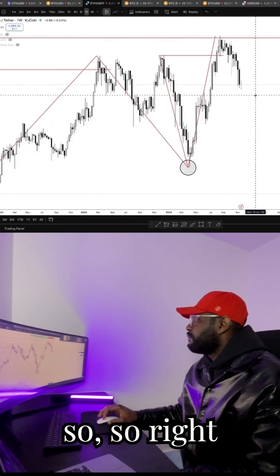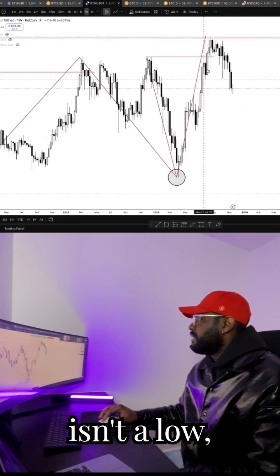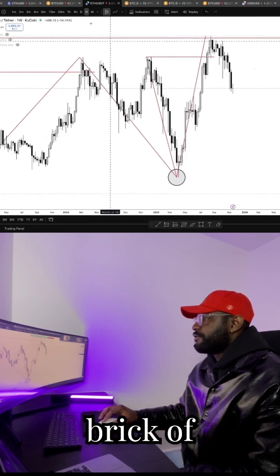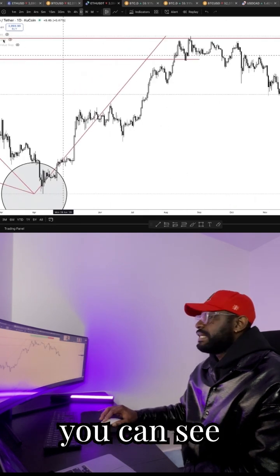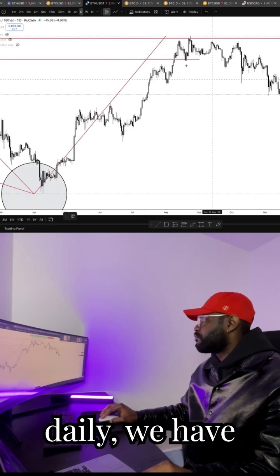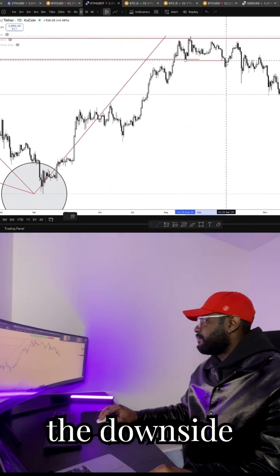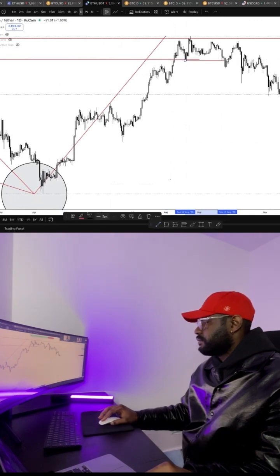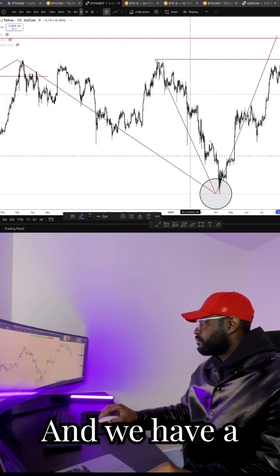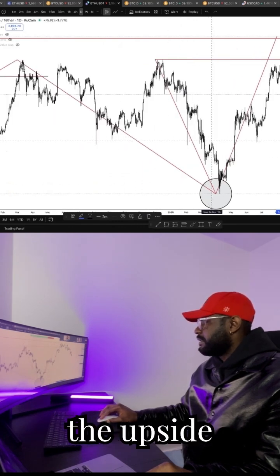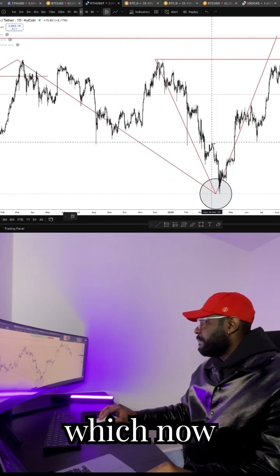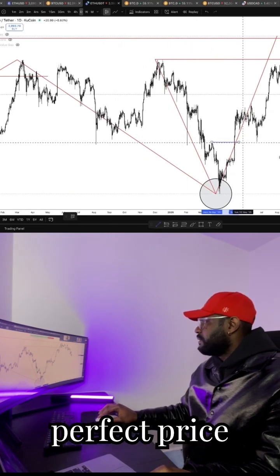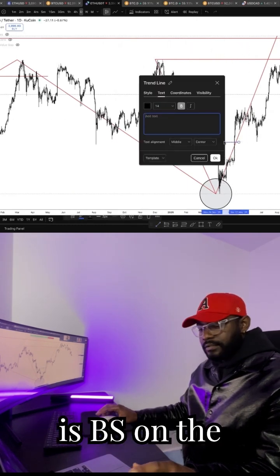So right here on the weekly, this isn't a low, so it's not a break of structure. On the daily now, you can see that we have a break of structure to the downside right here, and we have a break of structure to the upside right here, which now makes it a perfect price action. This is BOS on the daily,